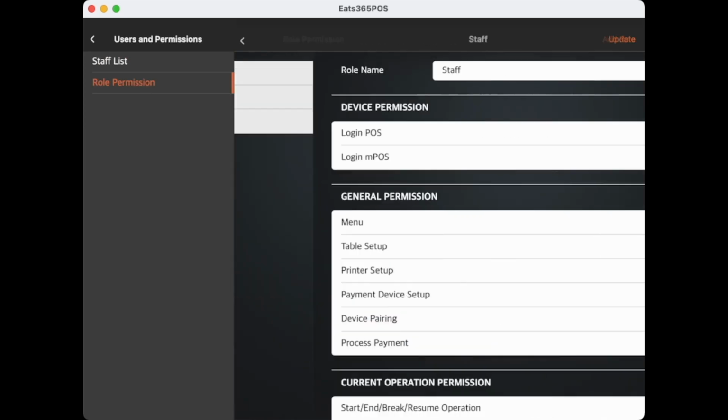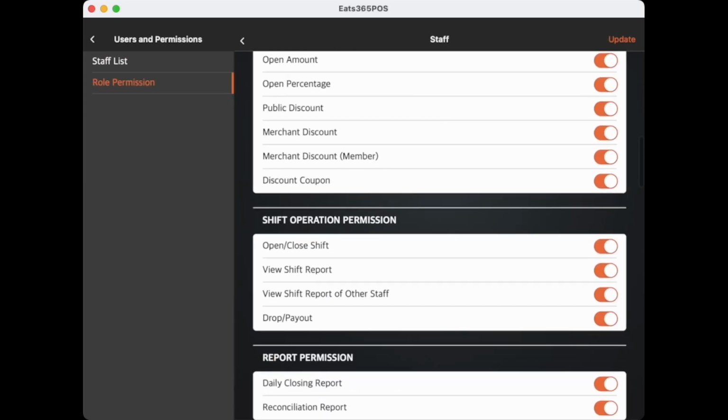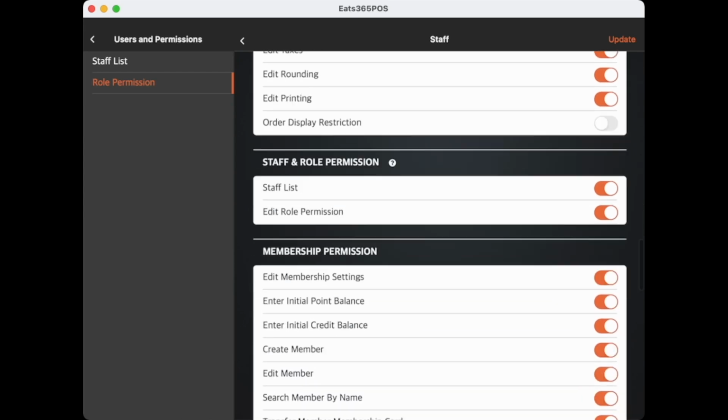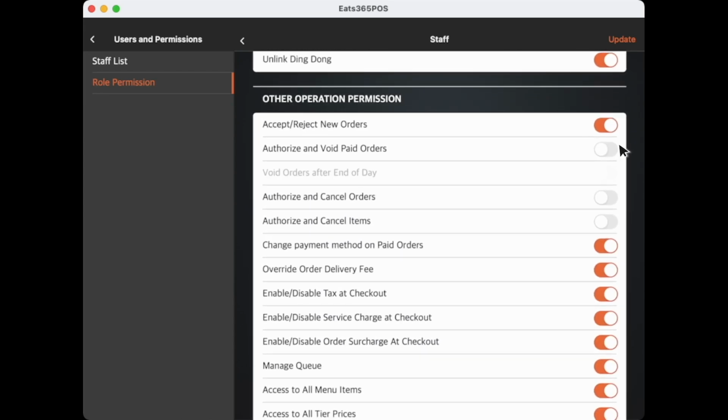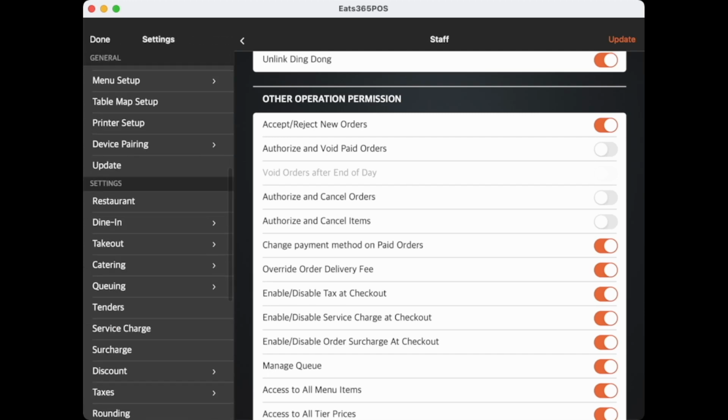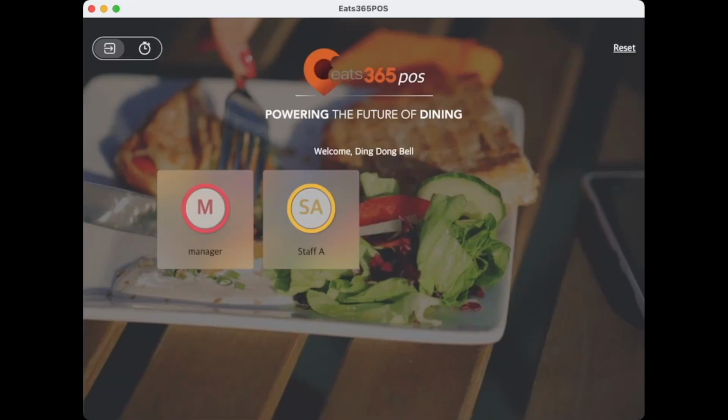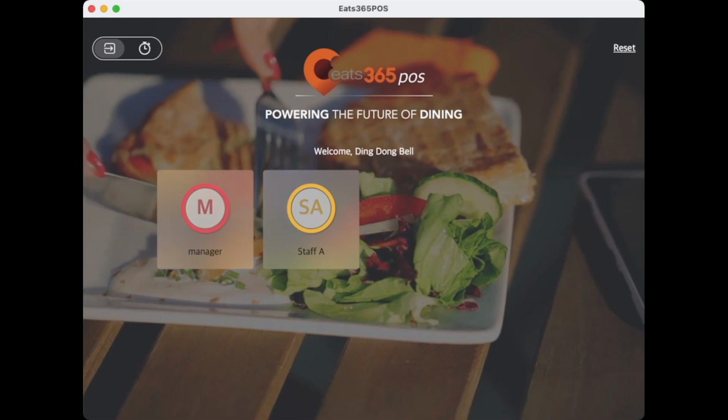So you will notice that for my normal staff, they are not granted this void and also cancel order access. And what happens is, if I sign out right now from my manager, and then I sign in as staff A,